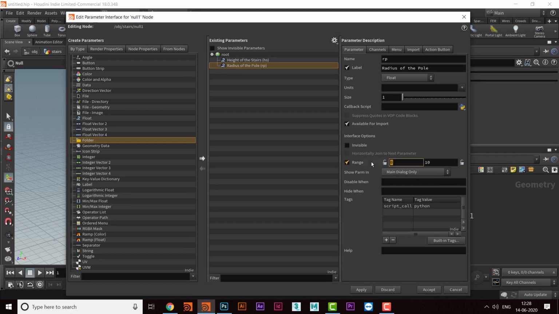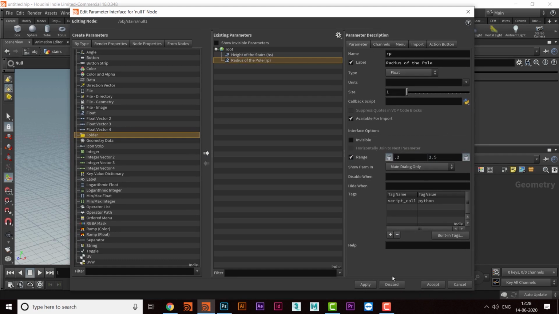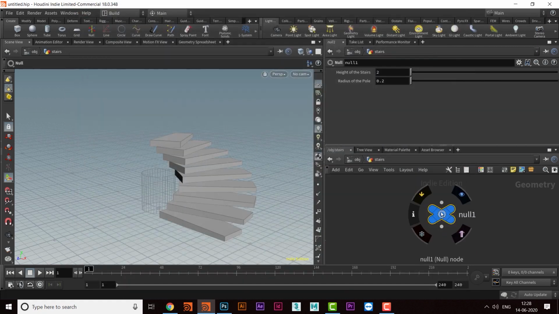So I'll keep this value 2.2 and lock it and make it 2.5 maximum. That is for some reason. Apply and accept. So now we have these two values and name it controller.